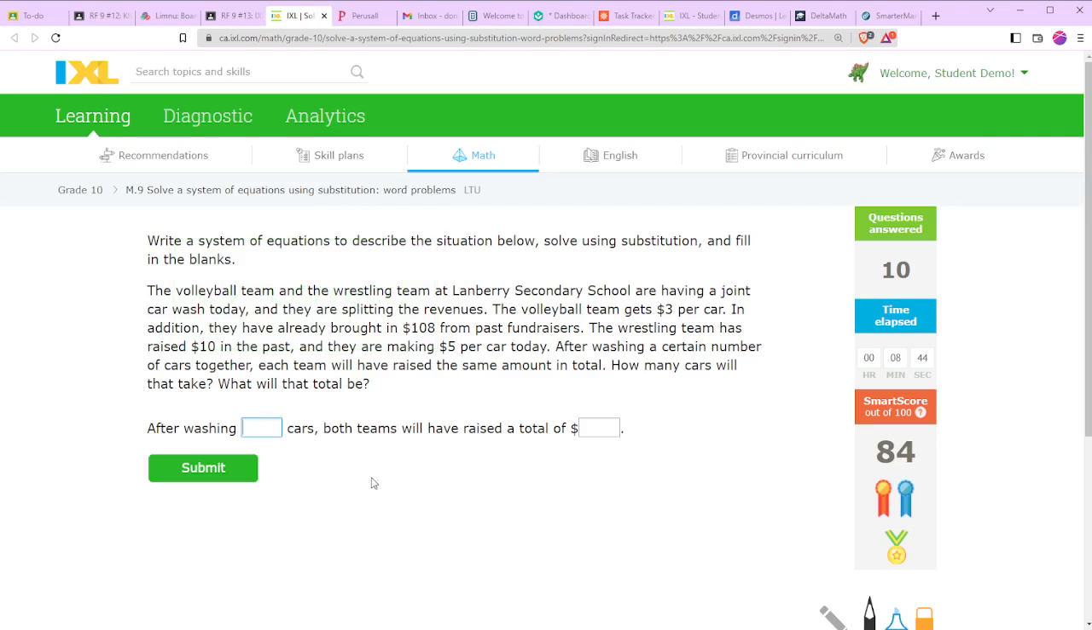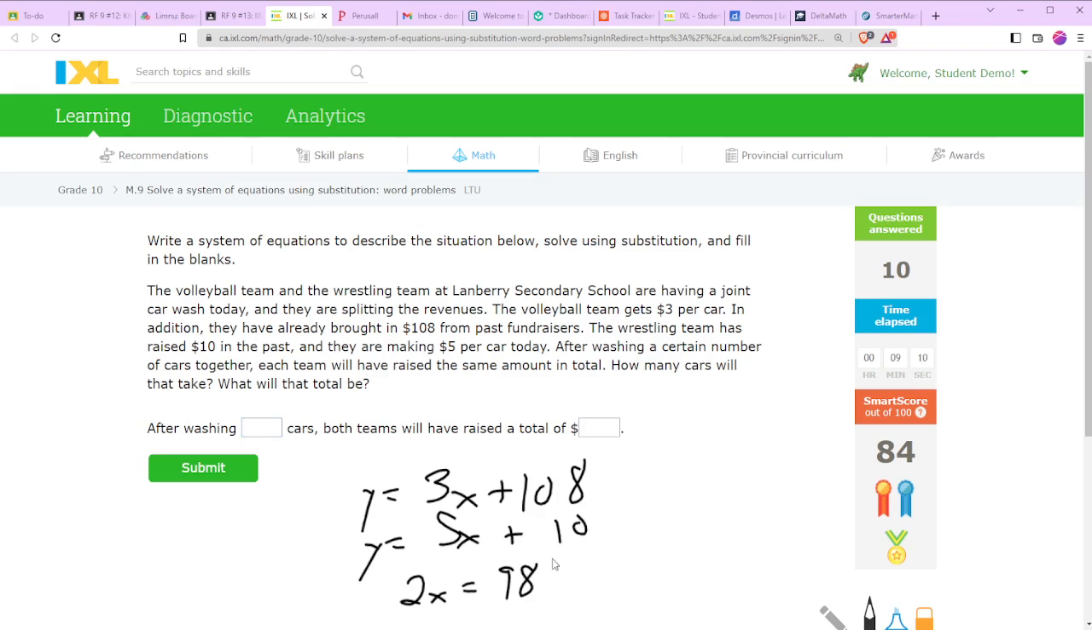All right, so let's see. Volleyball team gets $3 per car. In addition, they've already bought 108 for fundraisers. The wrestling team had already raised $10, but they're making $5 per car. So after we wash these, they're the same. If we equate them, it's a difference of 2x and 98. 98 over 2. So after washing 49 cars,